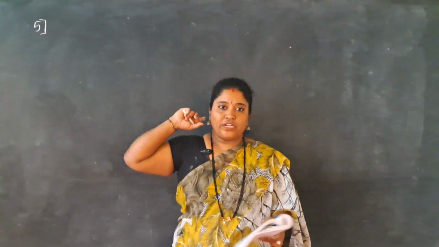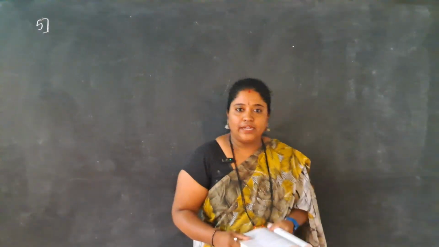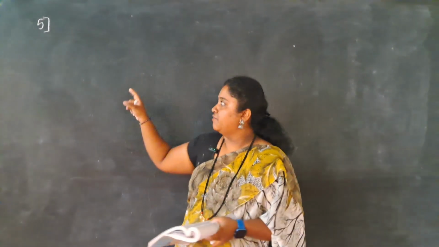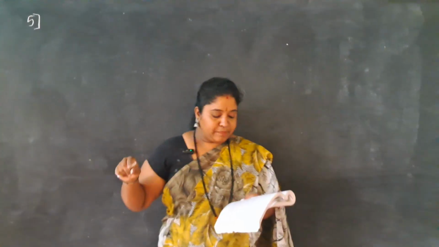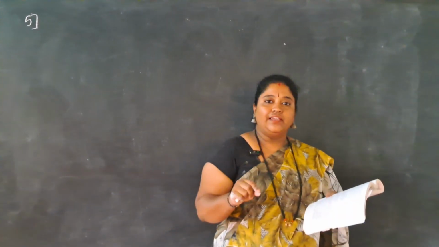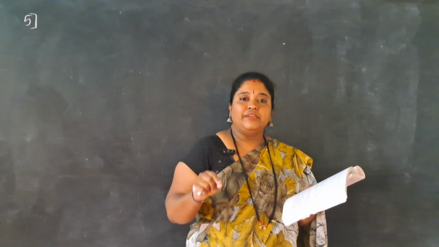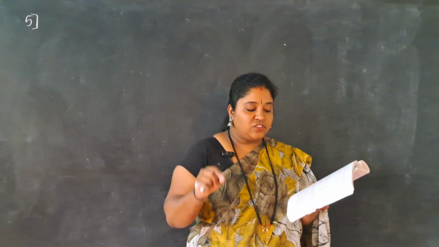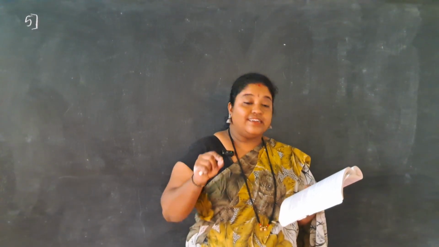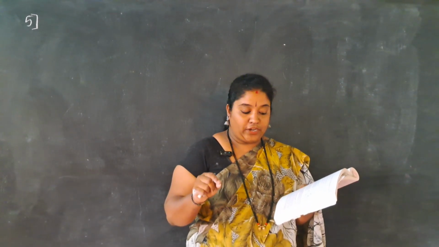We'll move to the next question, the fifth question. If you have NCERT, take out the NCERT. I'll read the question first, and after that, I'll simplify the question. See, a kite is flying at a height of 60 meter above the ground. The string attached to the kite is temporarily tied to a point on the ground.